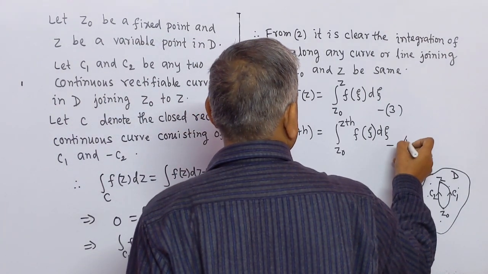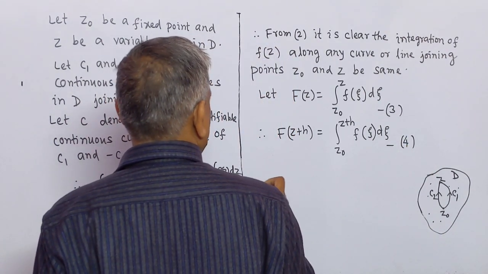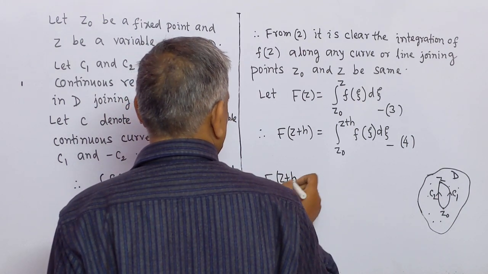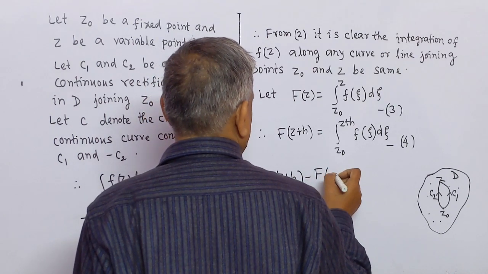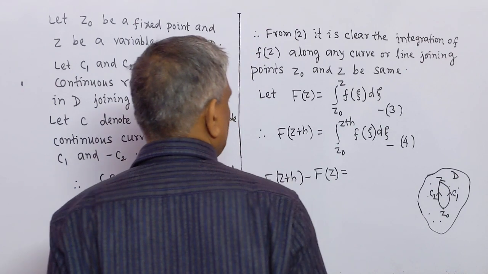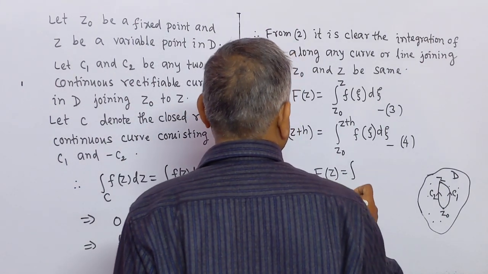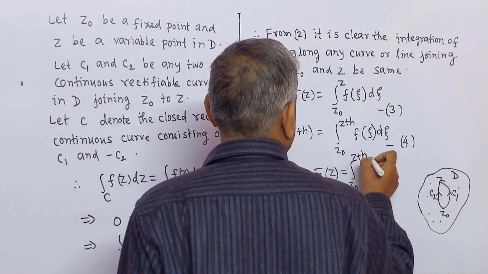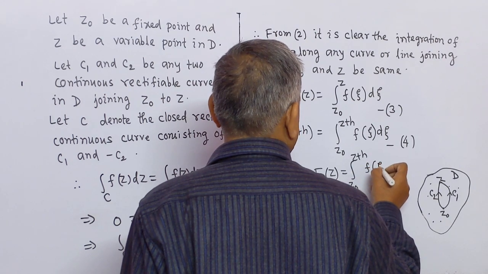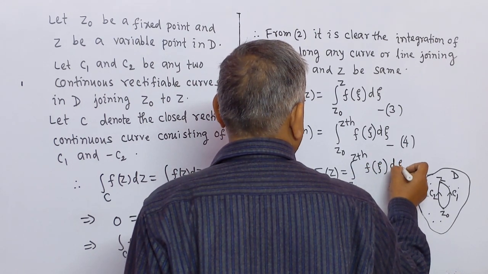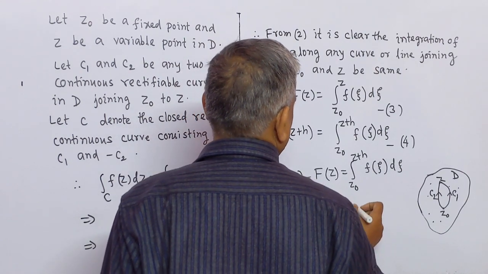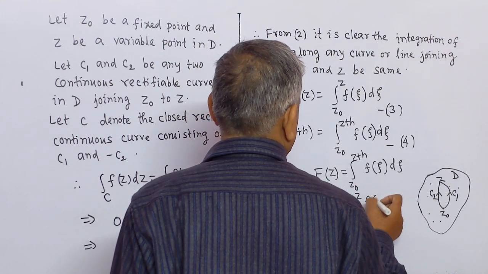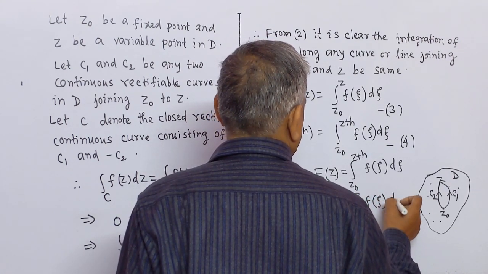This is number 4. It implies that capital F(z plus h) minus F(z) equals the integration from z naught to z plus h of f(xi) d xi minus the integration from z naught to z of f(xi) d xi,